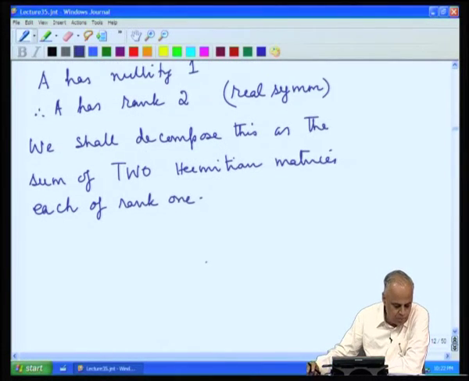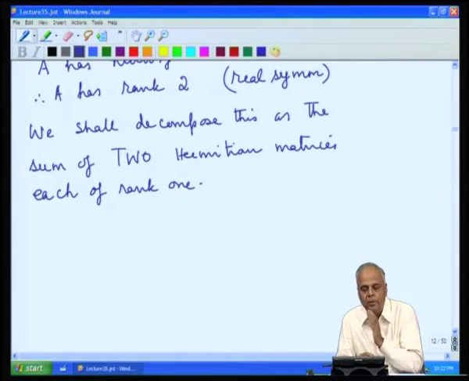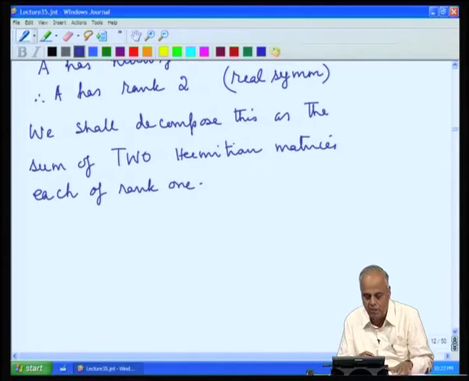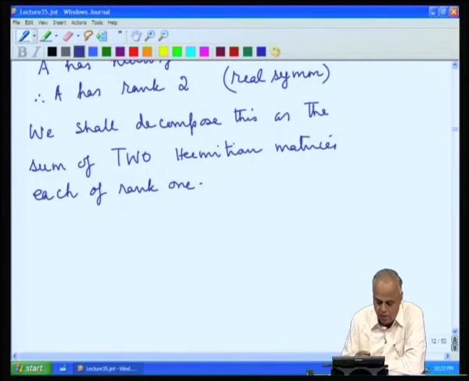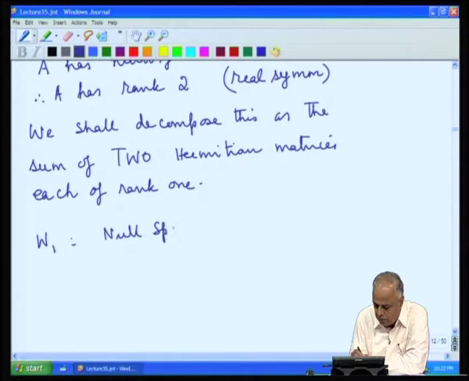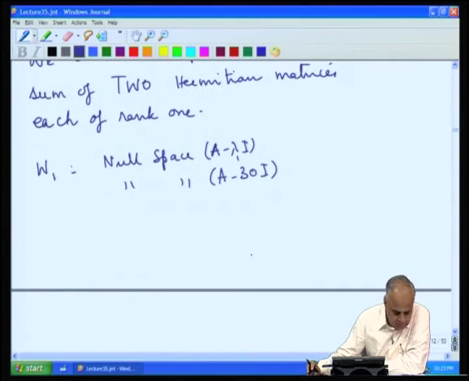Now, how do we do the decomposition? Once again we notice that, as we observed at the beginning, when you do this decomposition, the terms corresponding to the eigenvalue 0 disappear because we multiply by the eigenvalue. So, we have to only concentrate on the non-zero eigenvalues. Therefore, we must look at only the null space of the first two eigenvalues. The first is just the null space of A minus 30 I, because the first eigenvalue was 30, and you can easily compute the solutions to be of the form